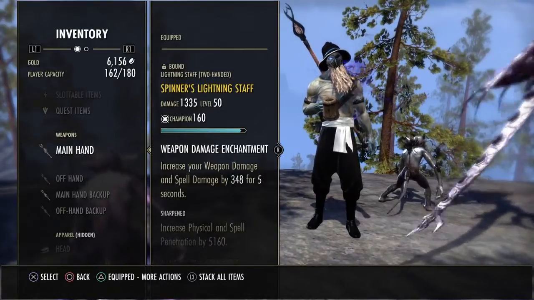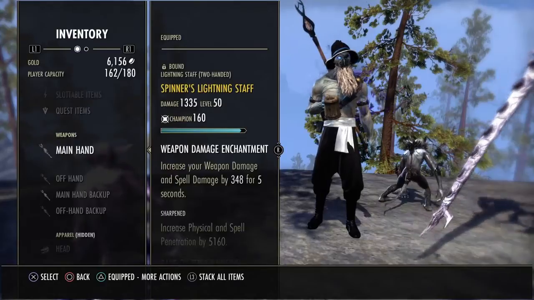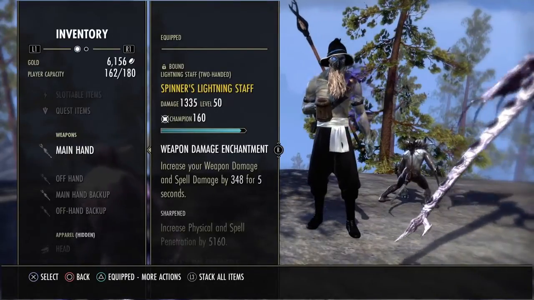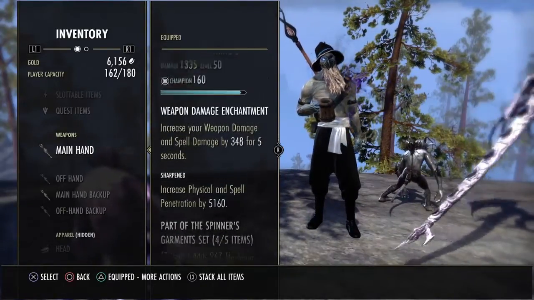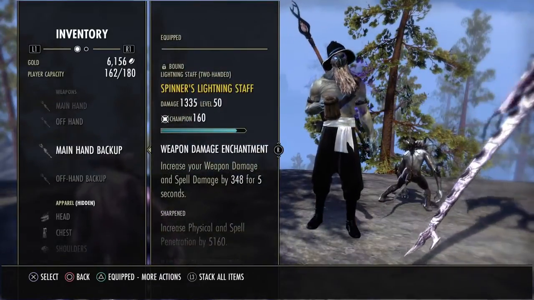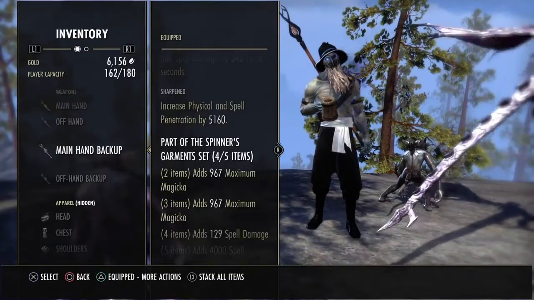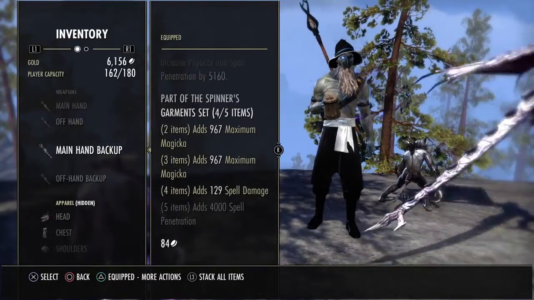Everybody can take these sets on or find the sets. The first set is the Spinner's Garments stuff in Sharpened, and with this spell damage glyph, 5 seconds more of spell damage, and it looks pretty nice with the lightning stuff. I love it. I got the same slotted on my back bar because I want to profit from the really interesting first two traits with this max Magicka, and you also profit from spell damage